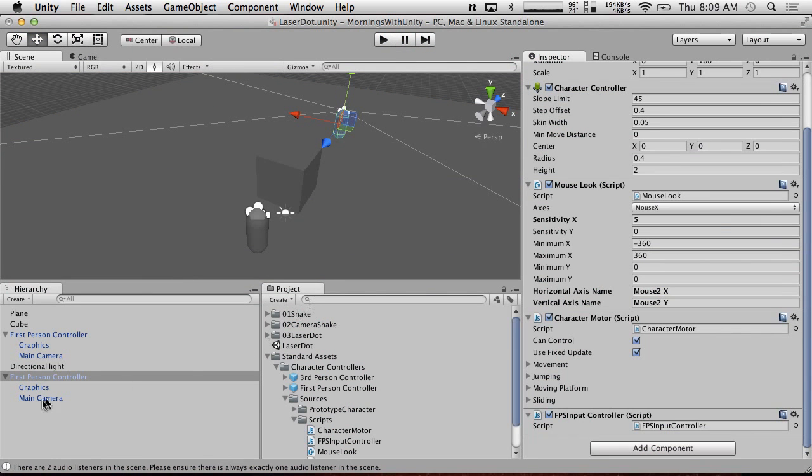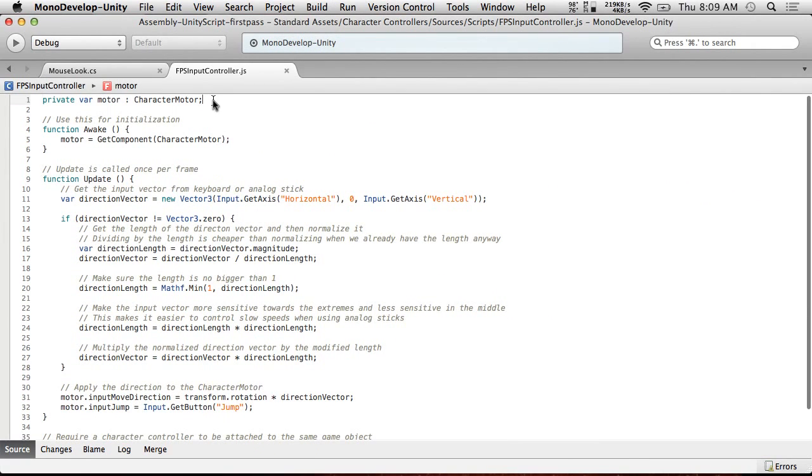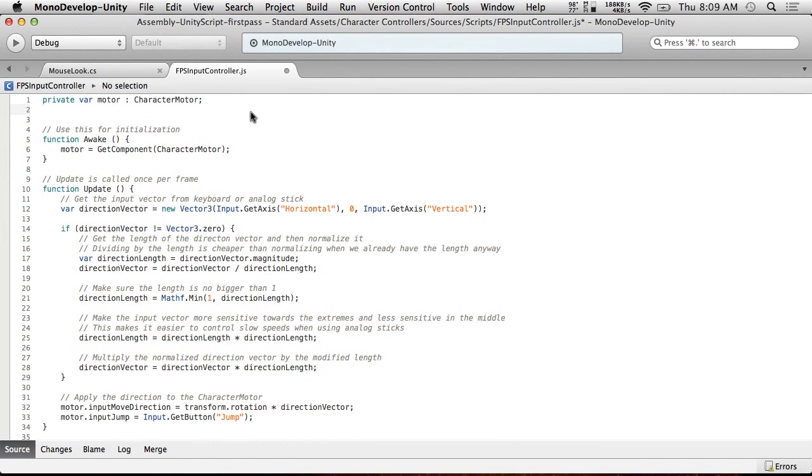So we're going to break up his other input real quick. This one's JavaScript, so bear with me. It's not difficult. So if we go into FPS input controller, we're going to do the exact same thing. We're just doing it in JavaScript style. So we're going to create a public var. The declarations are basically reversed. So we're going to call this